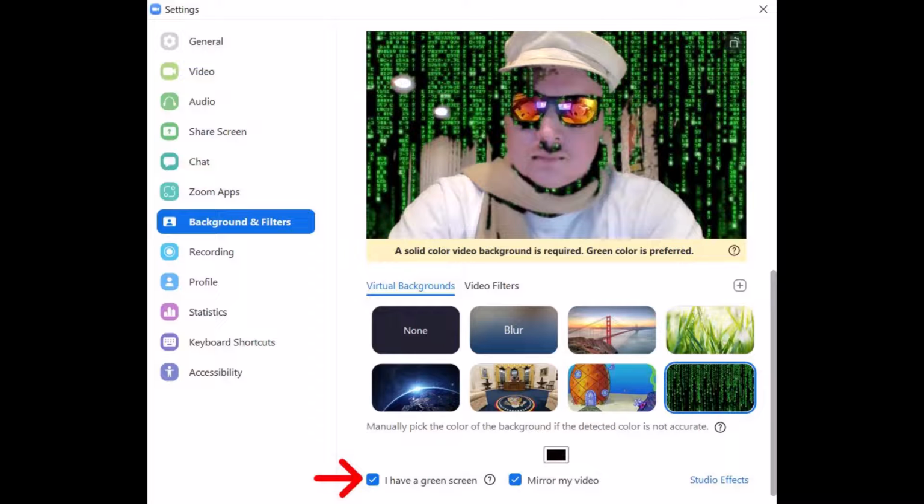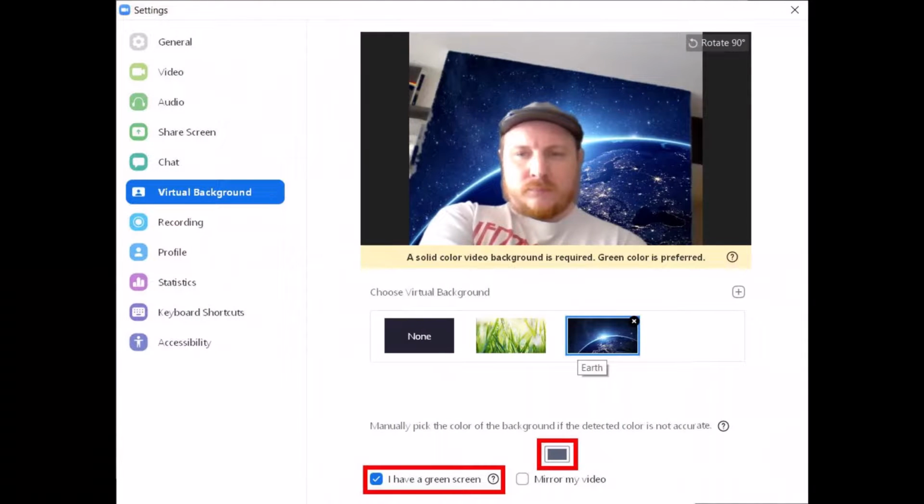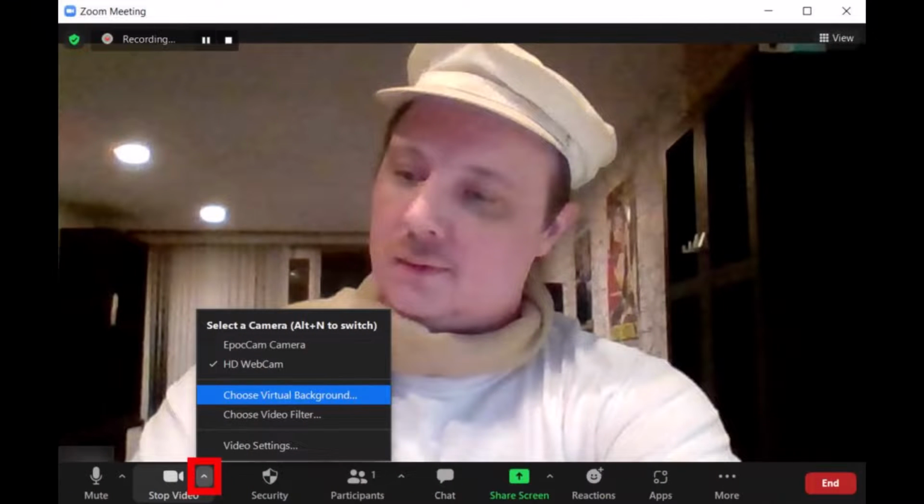And this is simply how you can change your background on Zoom. If you want to change the background during a Zoom meeting, then right over here you'll find this option as well. You just want to make sure to tap on the drop down menu and simply select the option called choose virtual background,